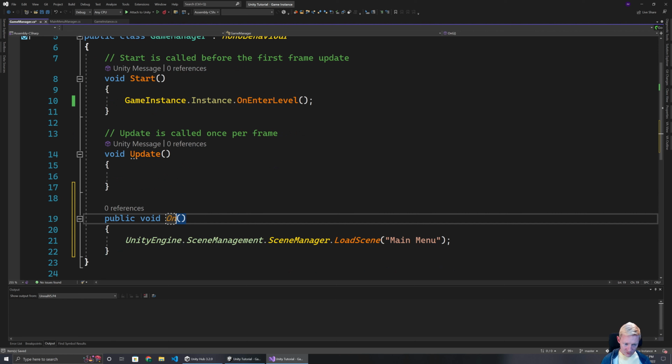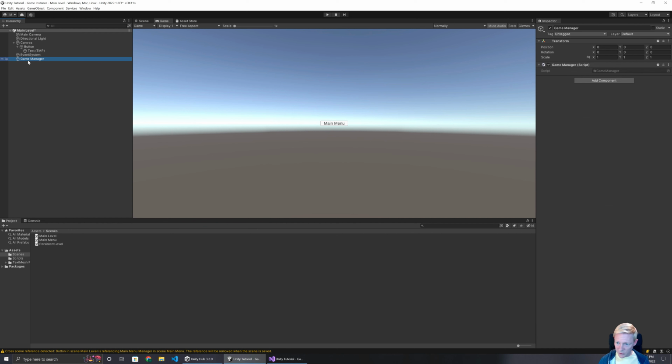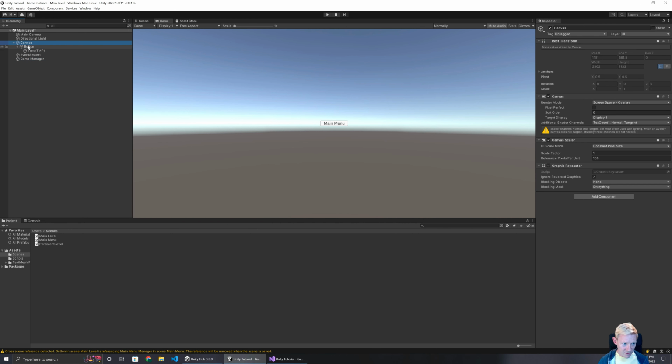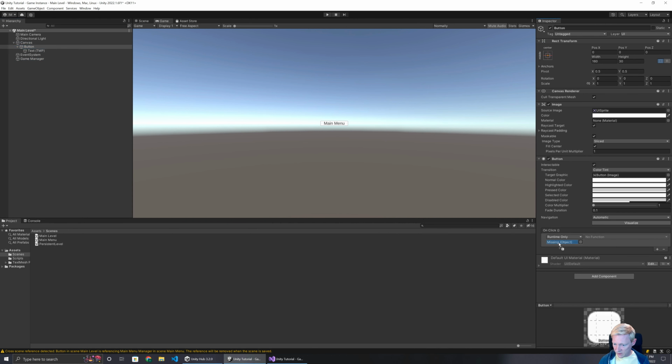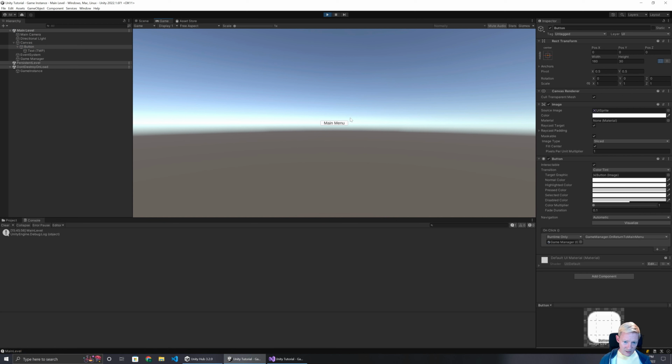So on turn to main menu. This will just make it so that I can very easily be switching between all of these. So our button links up to this, links up to our game manager on return to main menu. Now what I'm expecting to be able to do is, as I click on any of these buttons,